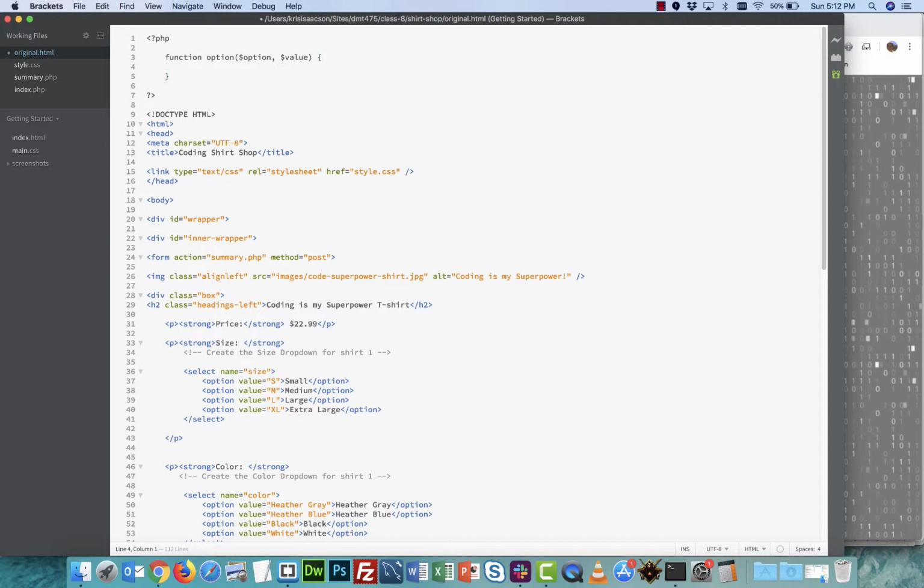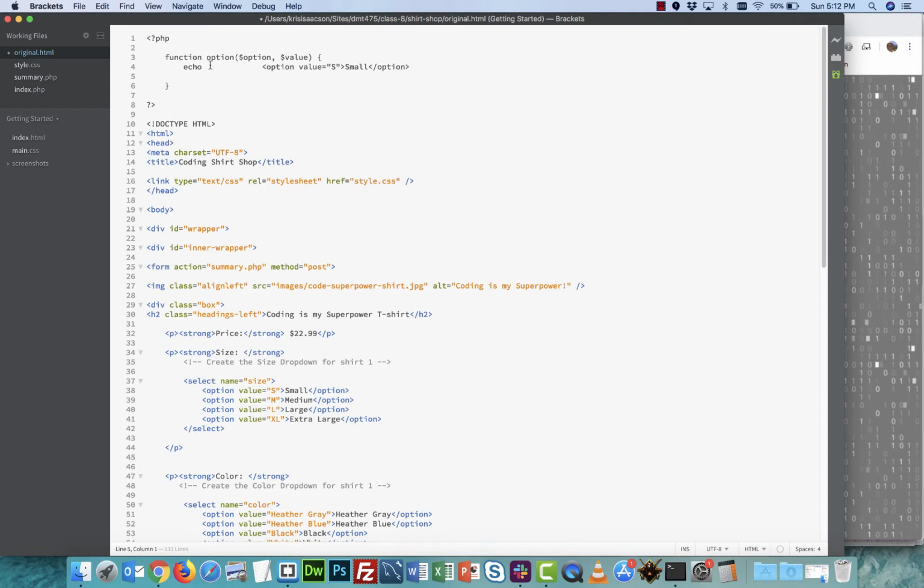And in this case, we're going to have it just echo out this option. So if we just copy one of these from down below and go up into our echo statement, and then if you remember right, we need to put these in quotation marks because they are inside of our PHP echo statement. So I'm going to do echo option value equals, and we need to change these into single quotes